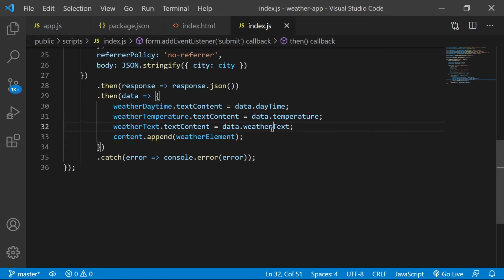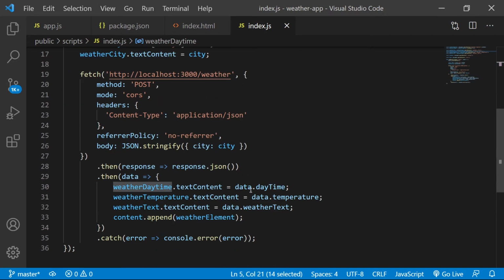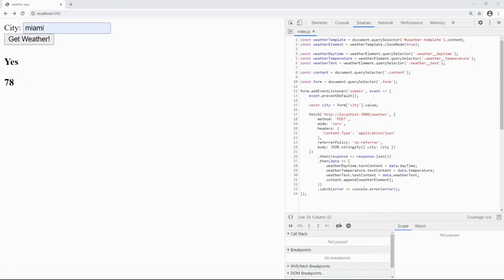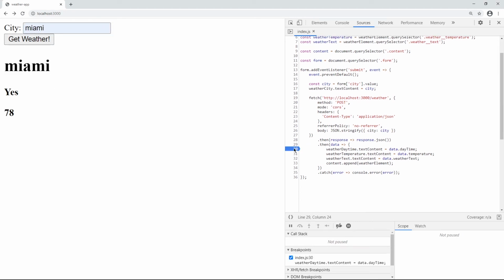Let's see, weather text, weather temperature, and weather daytime. Data daytime, data temperature. It looks like we're missing one, but let's figure that out. So let's refresh again. Miami, yes, and 78. Let's see where we are messing up here.